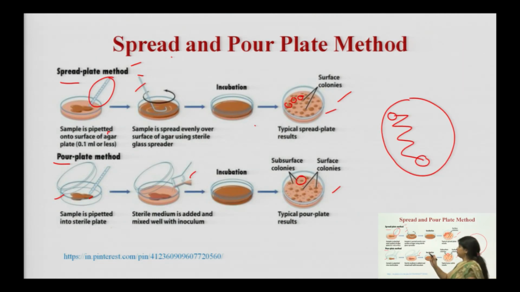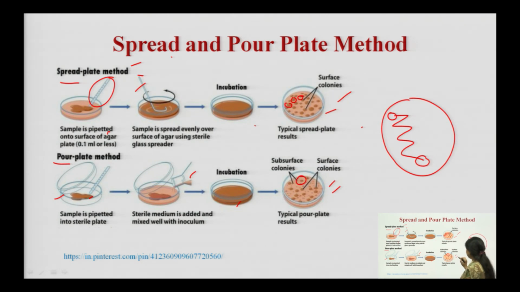In spread plate we spread our culture on the Petri plate, where the media was already there, then we added the mixed culture, spread it and incubated, and after incubation we got colonies containing a single species, a single type of microorganism. In pour plate we first added the sample, the mixed culture, after that we added the media, then we swirled and completely spread the culture within the media, and after that we incubated, and after incubation we got the colonies deep into the culture as well as on the surface.